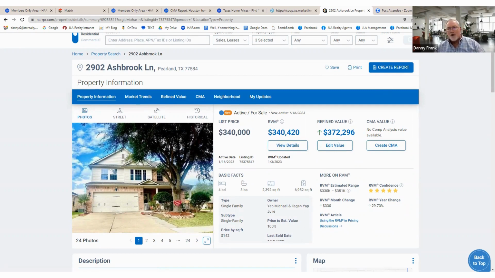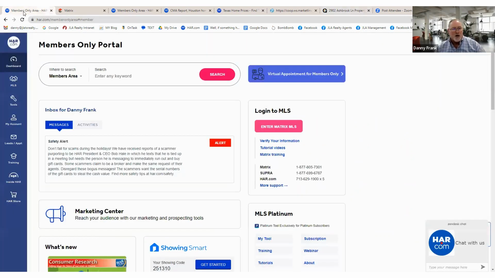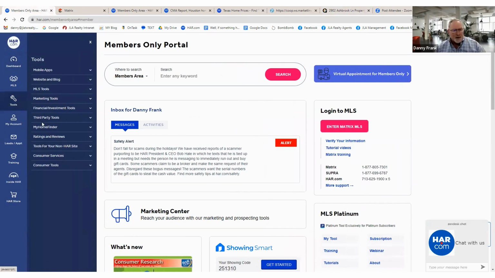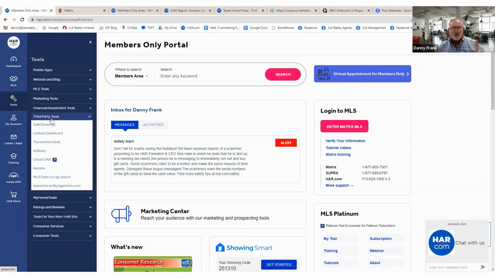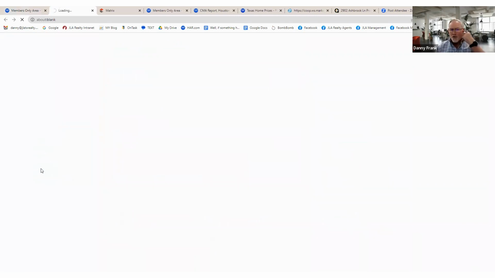Okay. Now the next one I want to go to, there's not a link or anything to go to. So what I'm going to ask you to do is go to HAR's members portal and come back here to tools. And I'm going to click on what I think is one of the best tools, most underutilized for realtors. And I did a whole training video on Remine. So if you go back in my videos, look at my search history, you'll be able to see some of my videos on training on Remine. So I'm going to go to Remine,